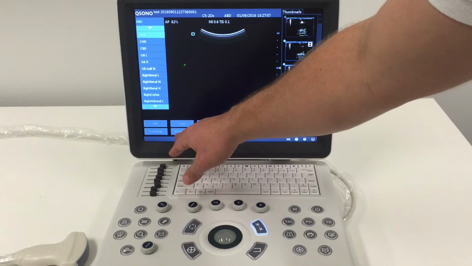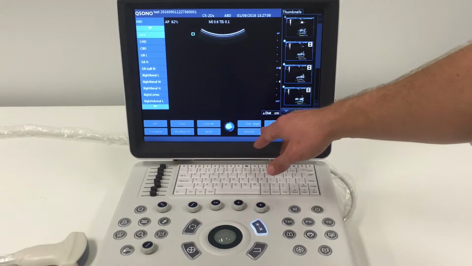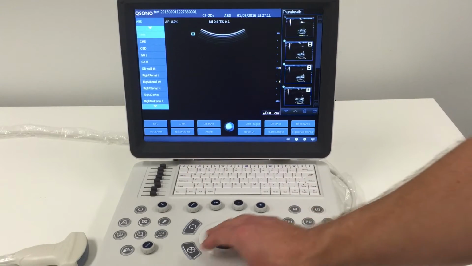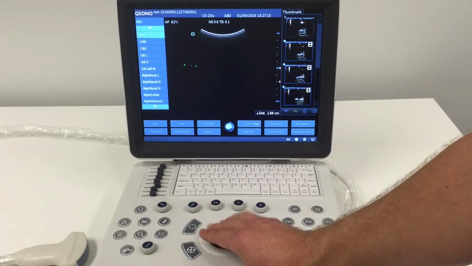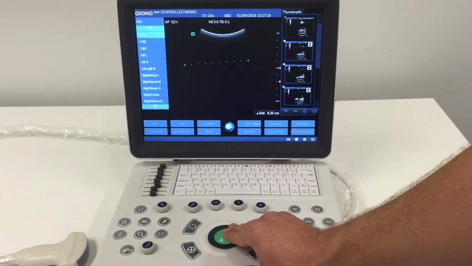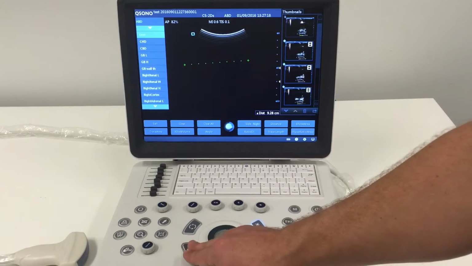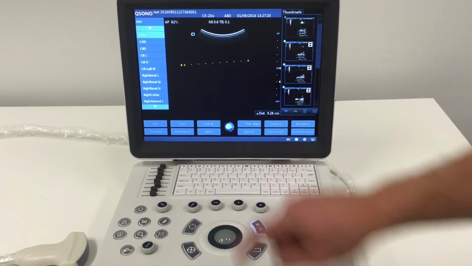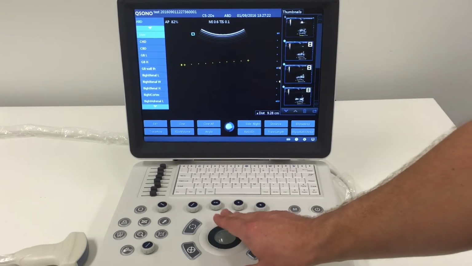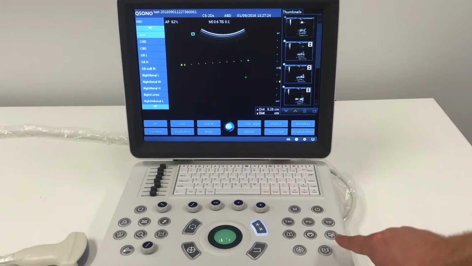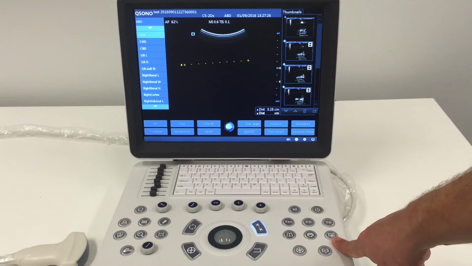You can do three-dimensional volume, you can do distance, you can trace an area. Let's just do a distance. So pressing here once, moving the trackball to the next spot and pressing again, and that'll give you a distance down the bottom here. Now if you want to save an image, you just hit this little picture icon down the bottom here,